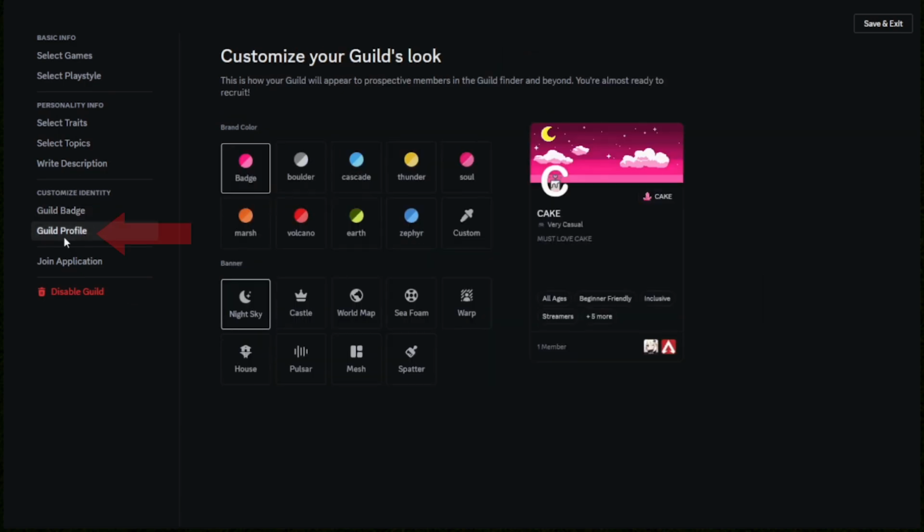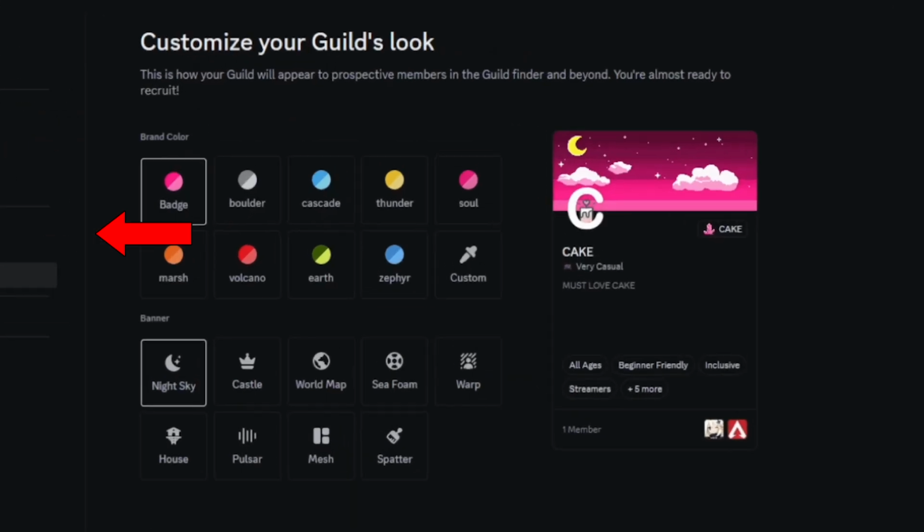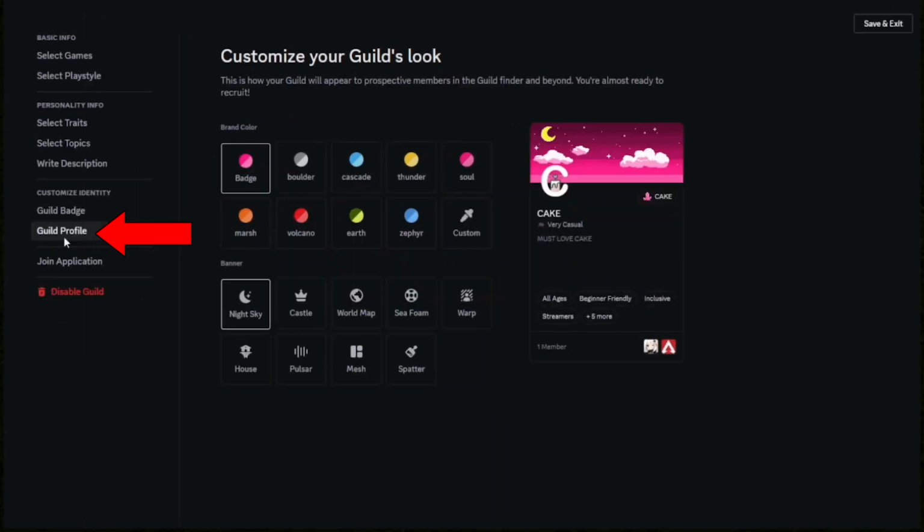And finally, we've got guild profile. Now, guild profile is actually more like server roles, where you can actually choose badges and actually just show what people's rank is in this server, whether it be a god, an okay person, or just a casual player on this guild server. Now, when you've done that, you can actually just go to the join application option